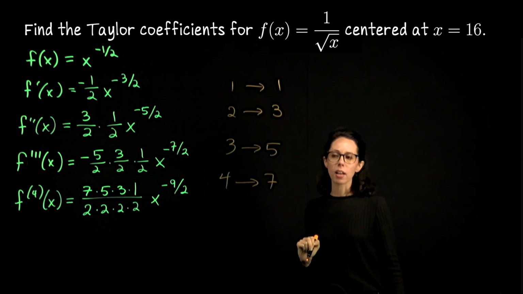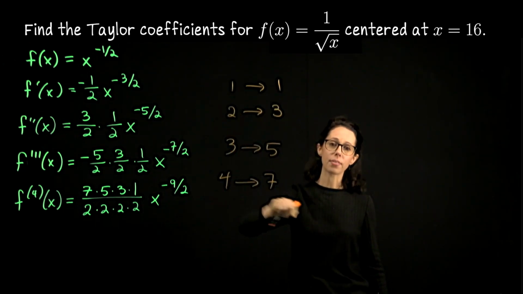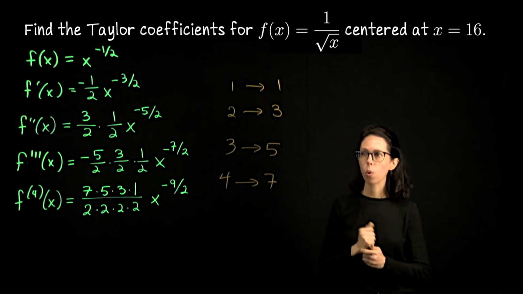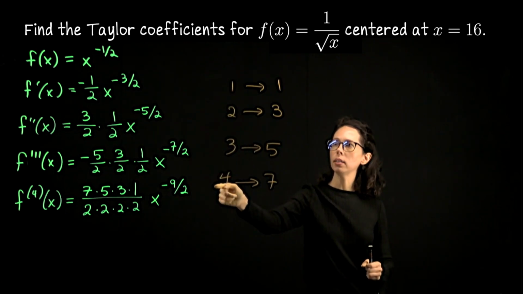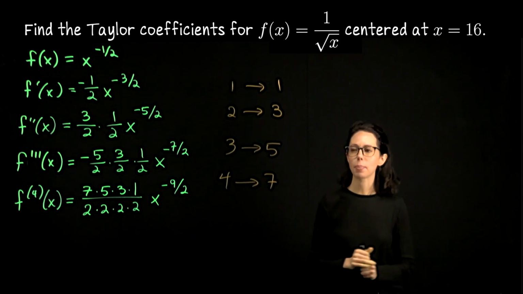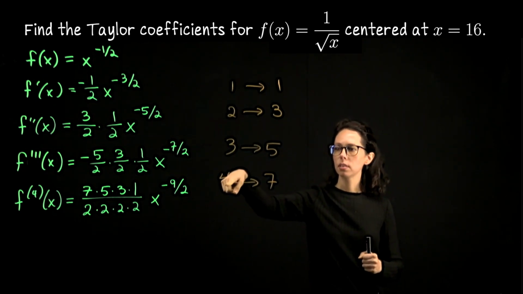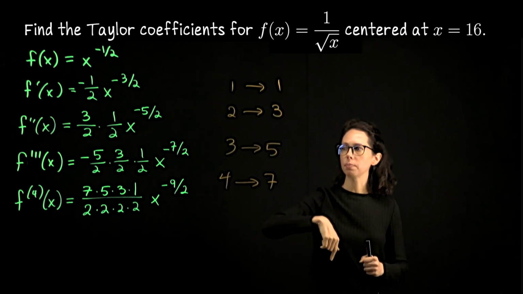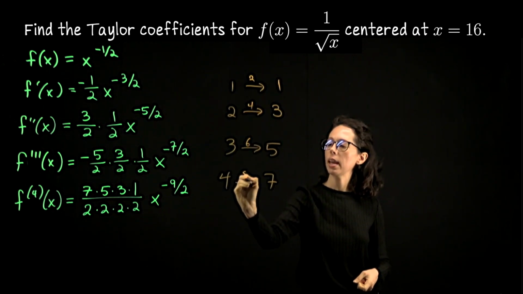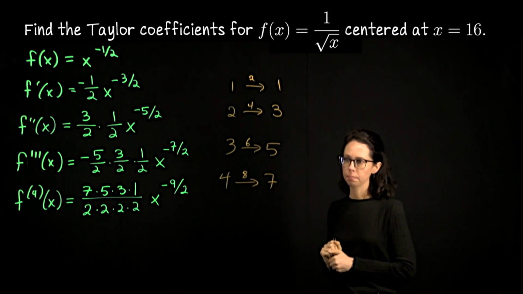Can you write down an expression that takes 1, 2, 3, 4 and converts them into 1, 3, 5, 7? It's actually a straight line, so you could write down a line. Or what I would do is say, I'm going up by 1. Here I'm going up by 2. So it's like slope 2. So there's a doubling action happening here. Once you realize you've got to double these numbers, then you just need to adjust it to get to 1, 3, 5, 7. Okay, so double would be 2, 4, 6, 8. I need to subtract 1.